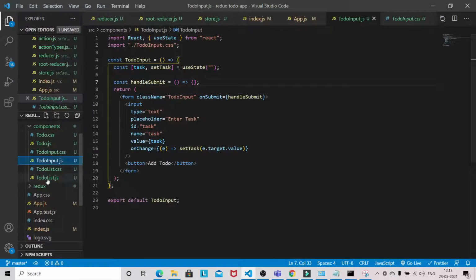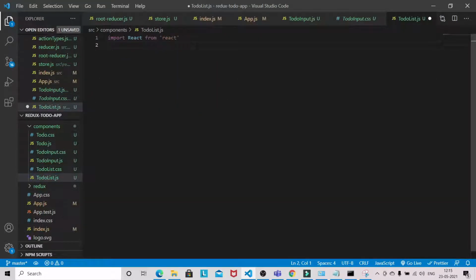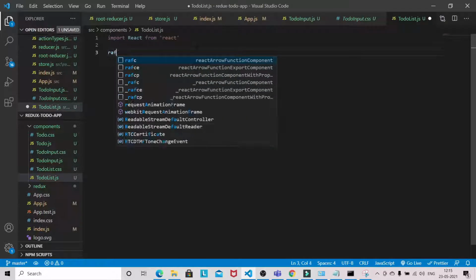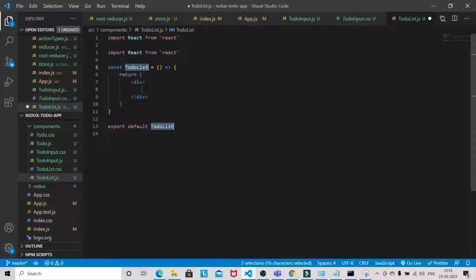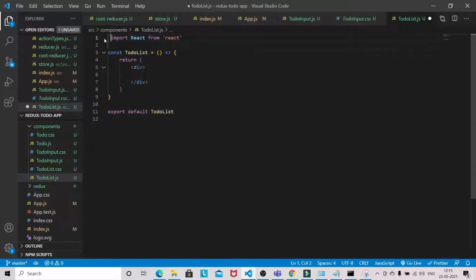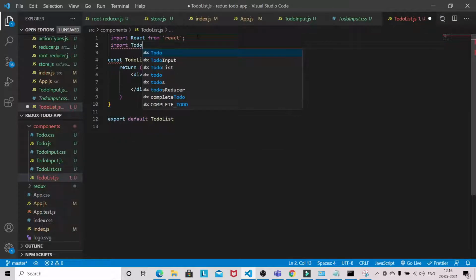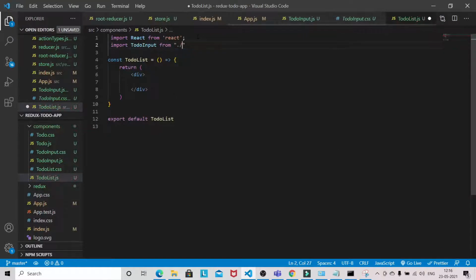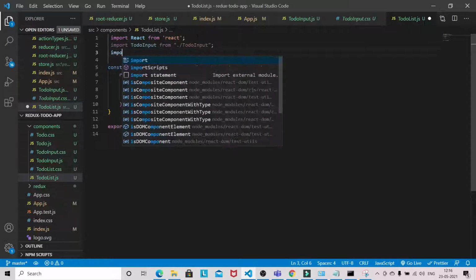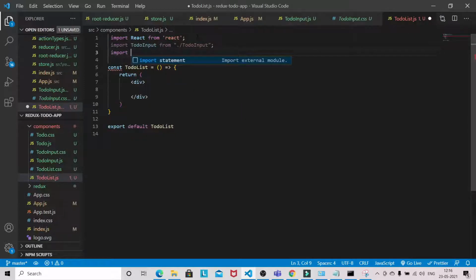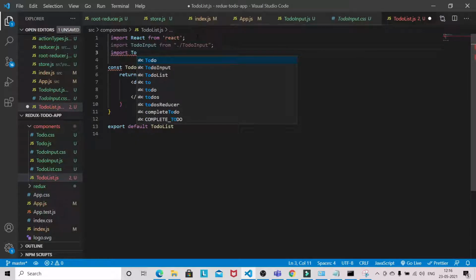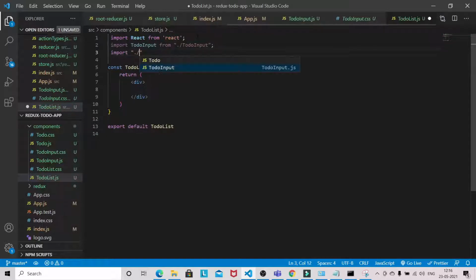Now come to TodoList. This is the next component we are going to build. So import TodoInput, and import the CSS file of todo list.